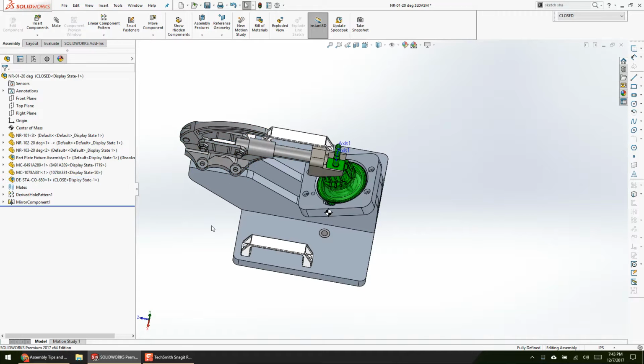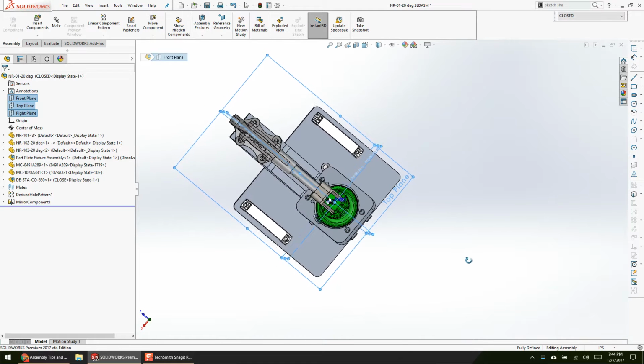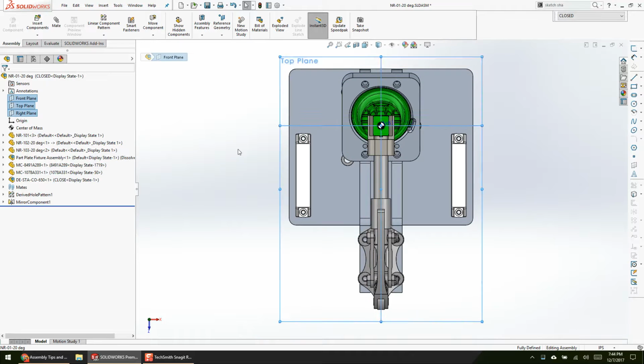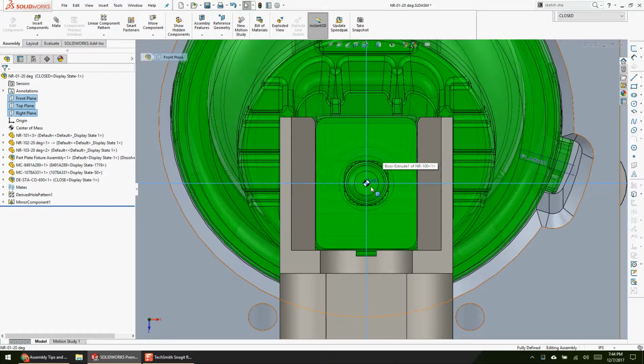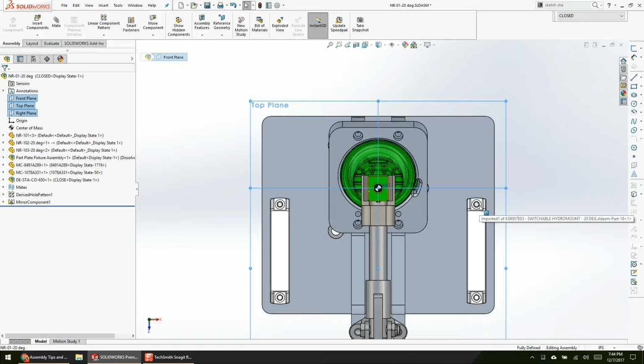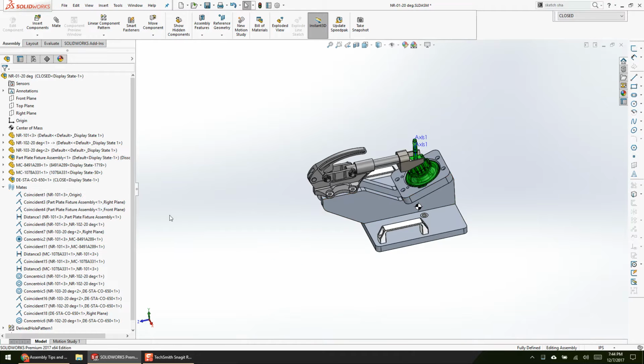So configurations are cool, but notice where my origin is. In this particular instance, it is constrained around the nut driver that I'm driving, because that's the centric of my particular design. But I've at least got my right axis or my right plane. And so if we start looking at some of these mates,